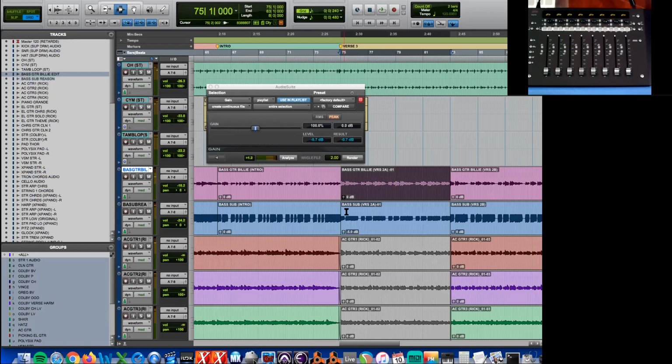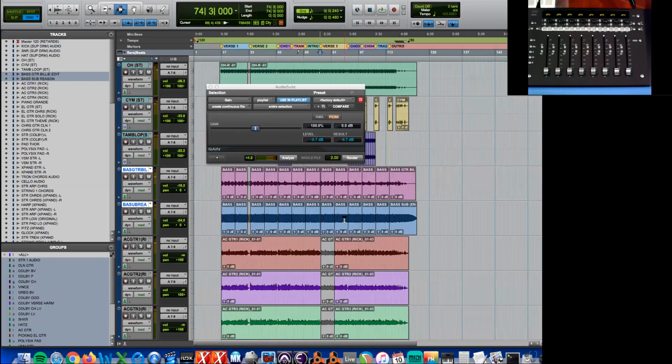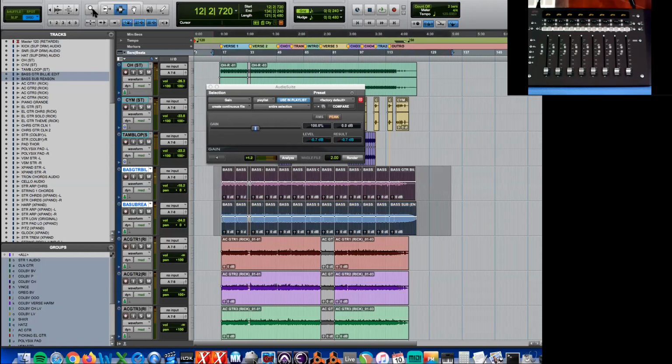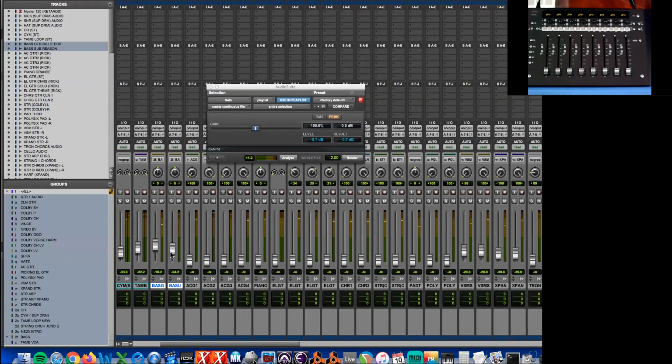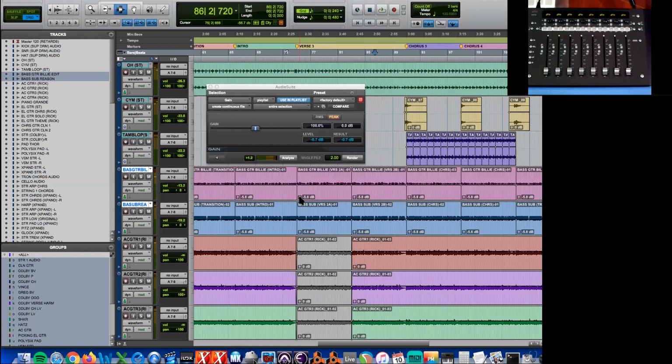Now, what if you need to turn a section up? Let's say instead of it going down on the verse 3, you want it to go up. Well, if that's the case, you simply turn on your clip gain line, and now you can use your trim tool to trim the whole thing down a few dB. So now I'm going to give myself that extra headroom by bringing the whole thing down by 5 dB, and I'm going to need to compensate then by bringing the bass up 5 dB to get back to the same level. And now if I want to bring that up 5 dB for that section,